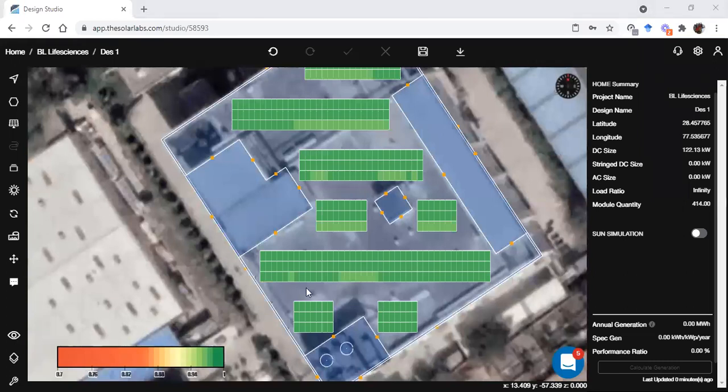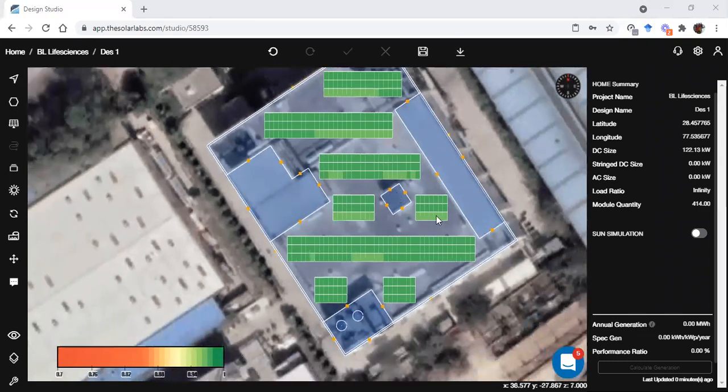Okay, so we have some questions here. How can we proceed designing if we have a predetermined fixed capacity, suppose 200 kilowatt, irrespective of roof size, which is somehow large, but we only need a 200 kilowatt plant design? Okay, Mr. Indradev, I'll answer your question. That is, as I have shown you.